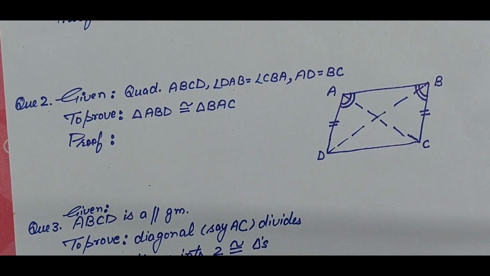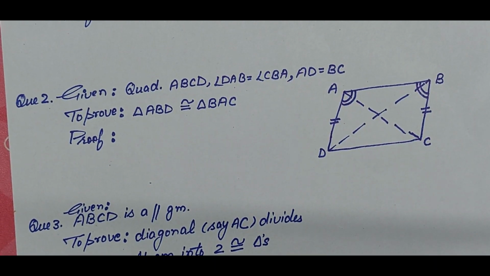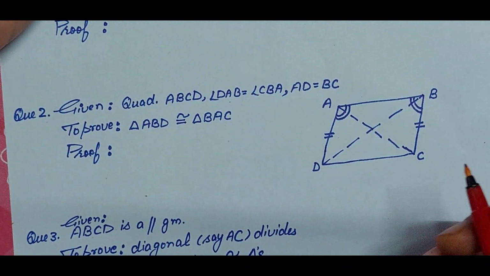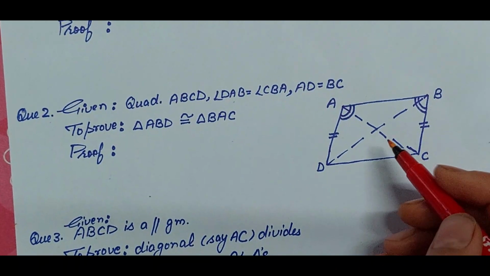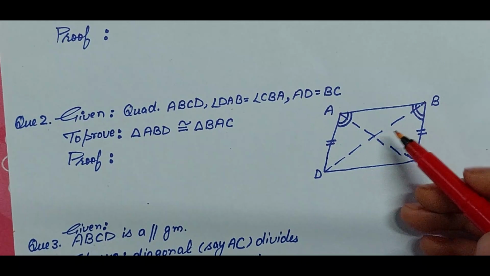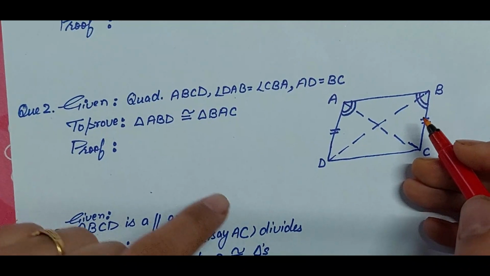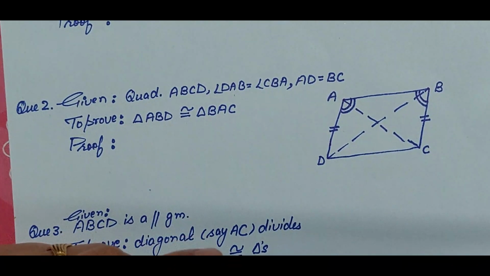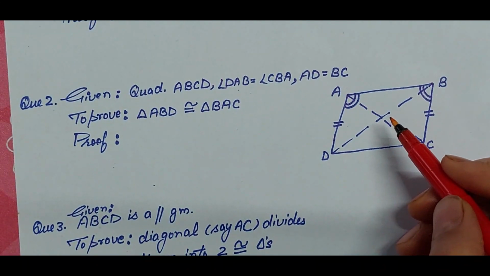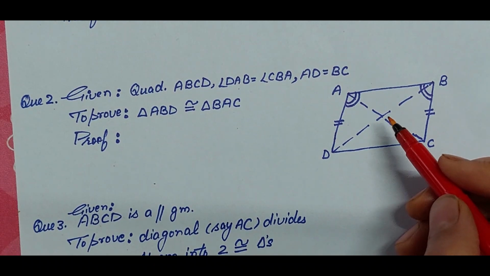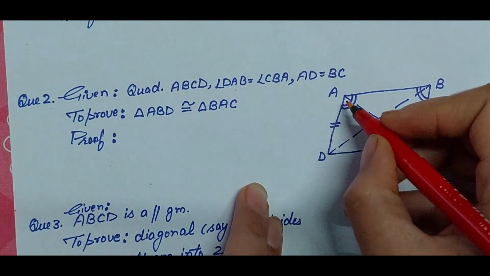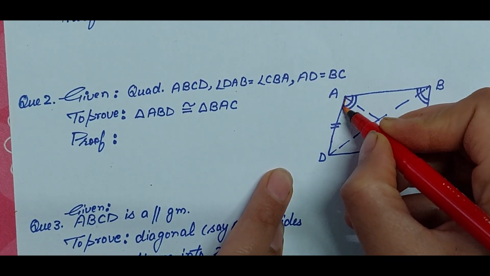Okay, now we have this figure, and now we have to prove these two triangles congruent. The figure is very complex and there are many triangles. Here it was simple, but here it is a bit complex. So what you can do, whenever your figure is complex, there are too many triangles and you want to focus on one pair of triangles so that you can look for the equalities, you should take the colored pens and just highlight these triangles.